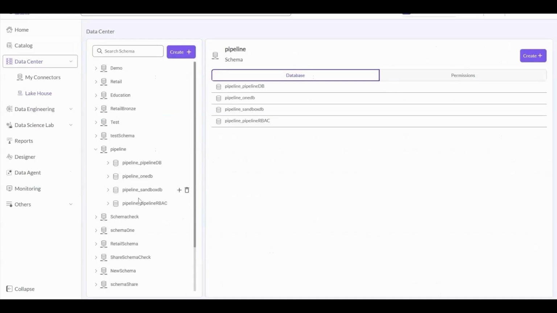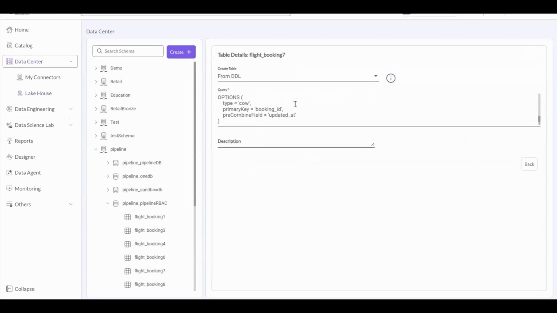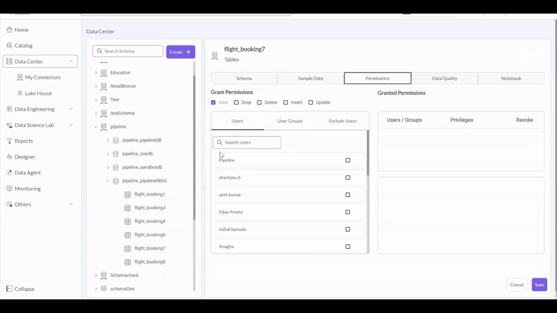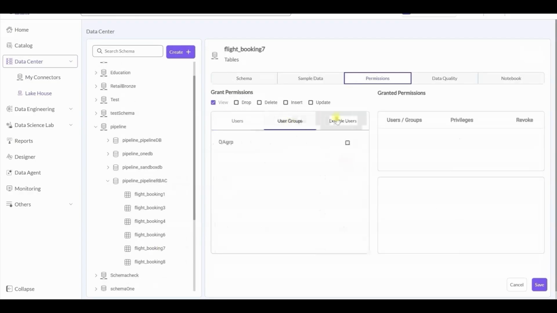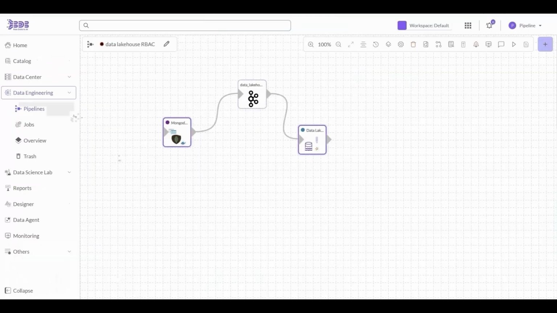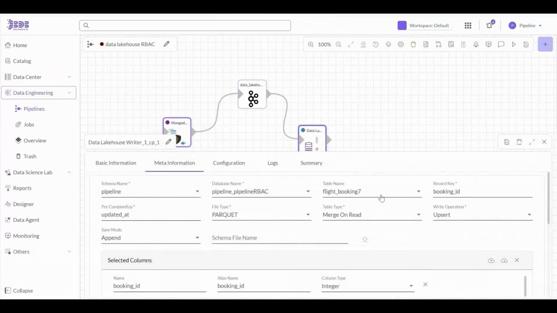Now let's look at how BDB ensures secure and controlled access to data lake tables and Spark workloads using role-based access control. In a shared data environment, multiple users and teams need access to the same data assets. To manage this effectively, BDB provides role-based permissions at the data lake table level. As shown here, access can be granted to individual users or user groups, making it easy to manage permissions at